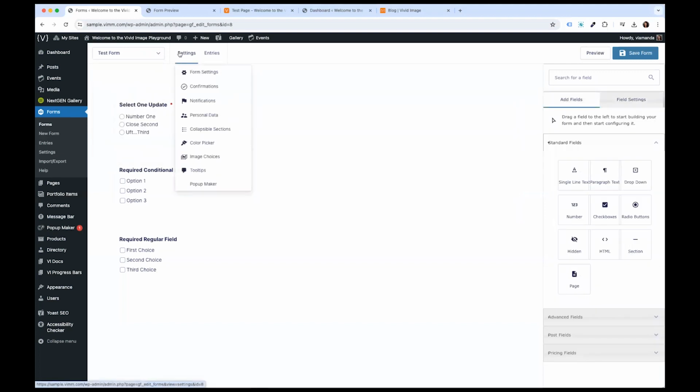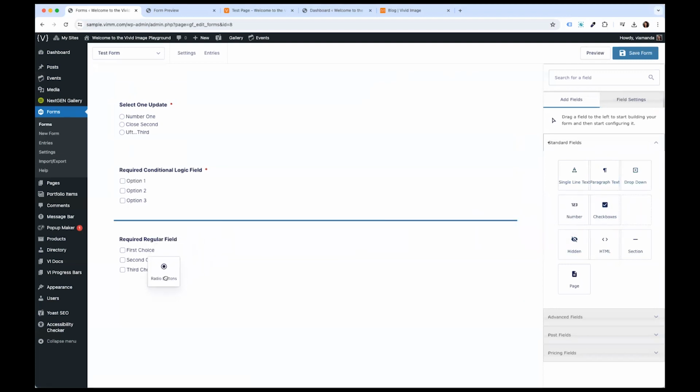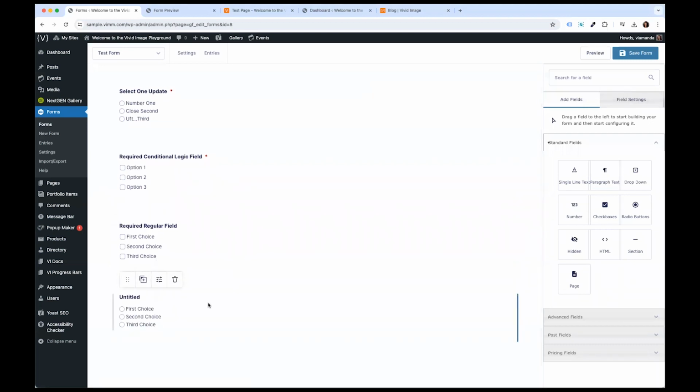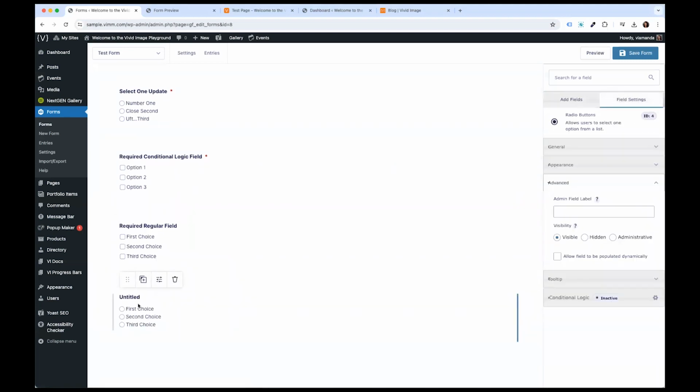On the top here, you can see settings, entries. There's different ways to access some other form settings that you might need. And then on the right-hand side, there's more field settings or more fields that you can add. So let's say I wanted to add a new, let's go with radio buttons. This means they can choose one item. I'm going to click on that I pulled over. I clicked and dragged, give it a label, radio button field. And then I'm also going to say that it is